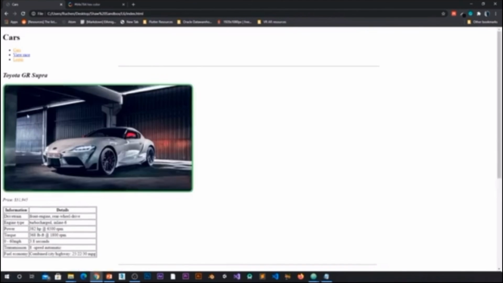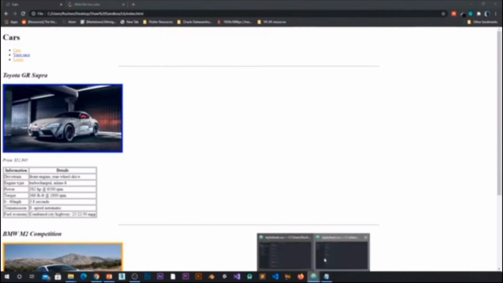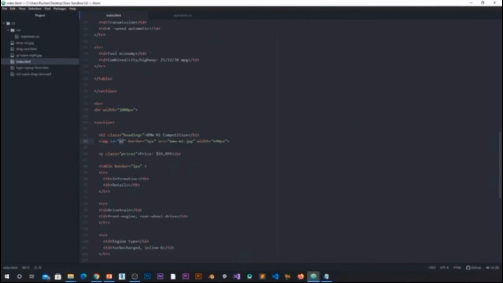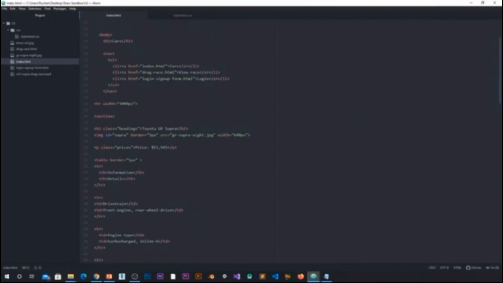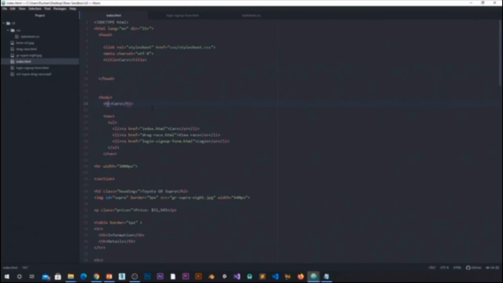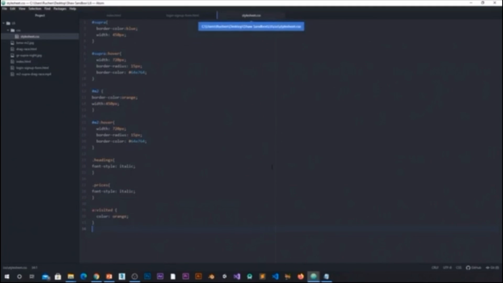Next, I might want to go and work with my heading tags. So all my heading 1 tags, let's just check them out throughout my website. My heading 1 tag over here is Cause. My heading 1 tag for my login form, well, it's heading 2, so we need to change this to 1. So just change that, 1 and 1, so that it can take effect for all headings. So head back over to my style sheet, and I'm going to say all H1 tags,